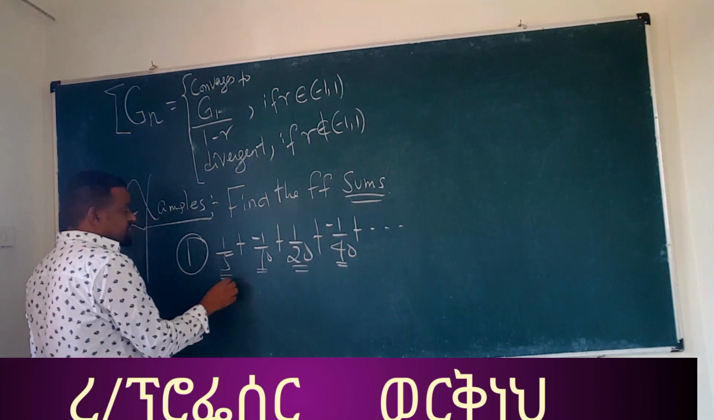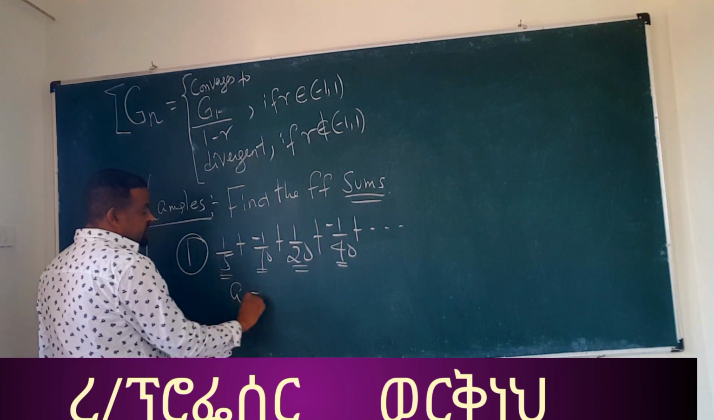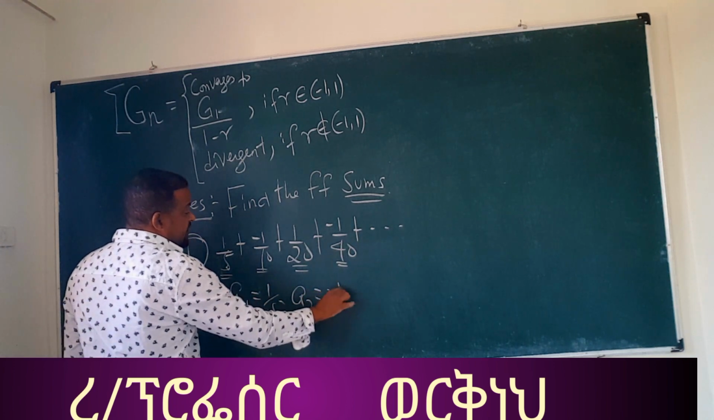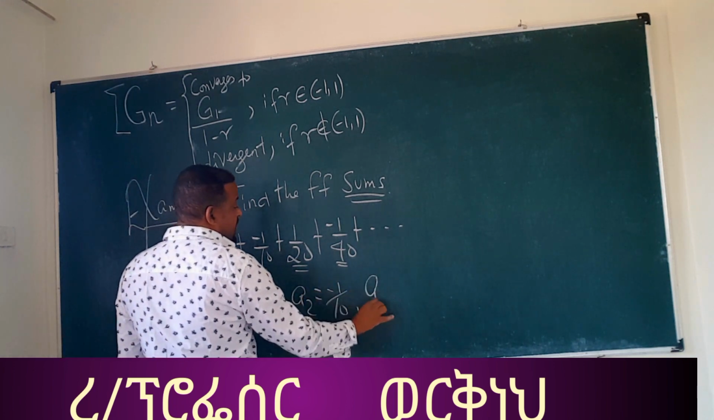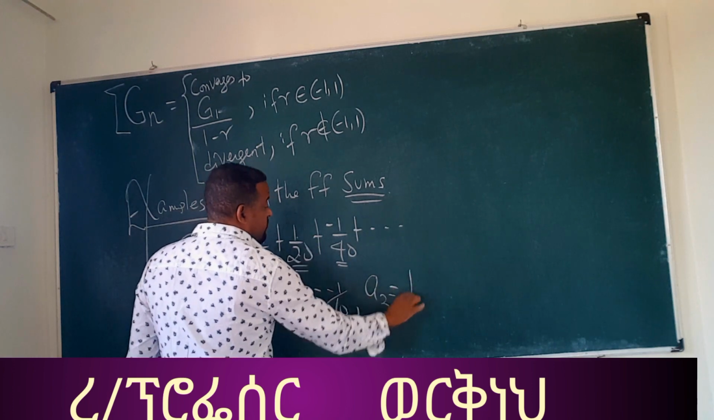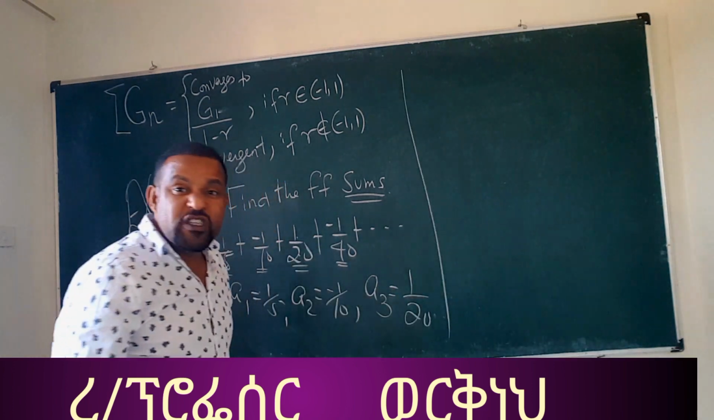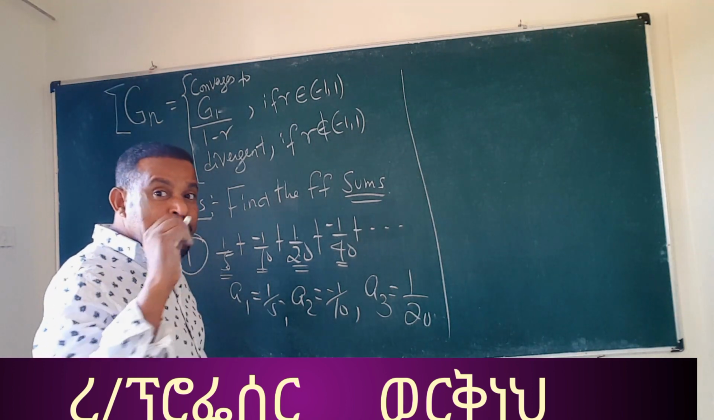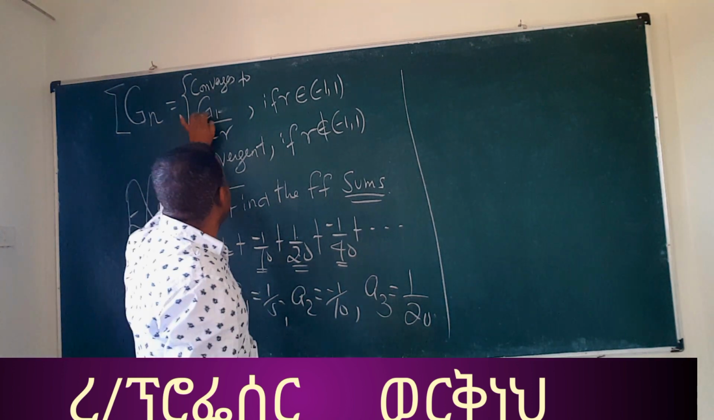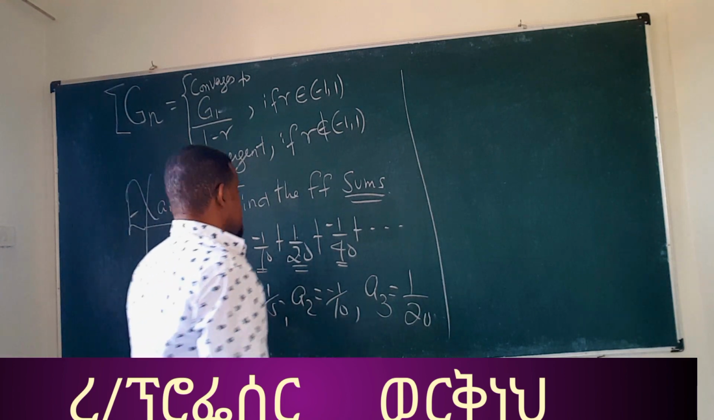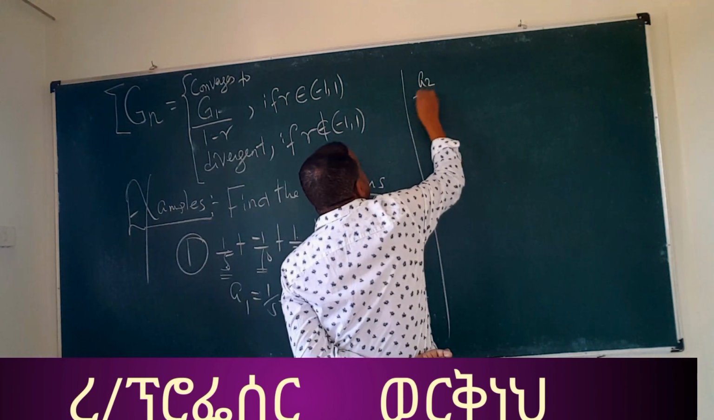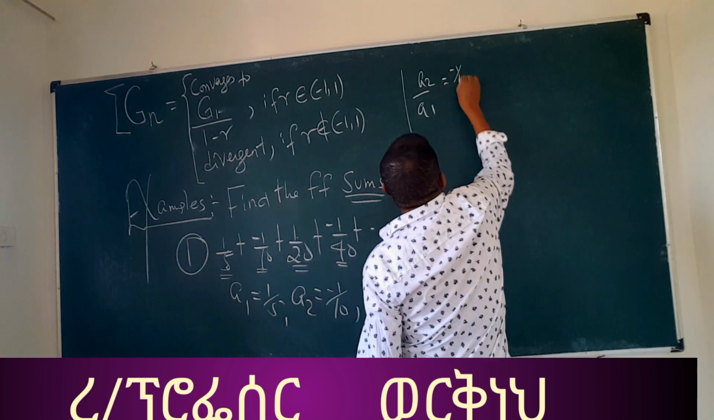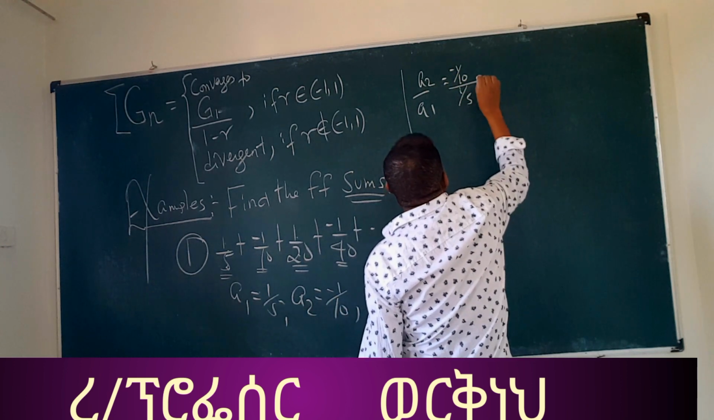So let's take the first term: a1 is 1/5, a2 is negative 1/10, and a3 is 1/20. You need to check whether the given series is geometric or not before you use the formula g1/(1 - r). So what is a2 over a1? a2 over a1 ማለት negative 1/10 over 1/5, so which